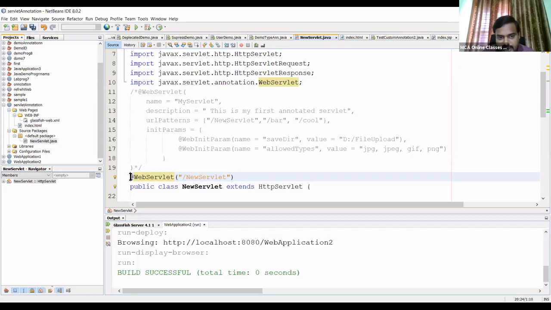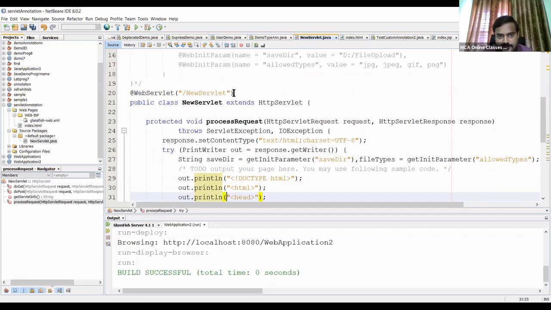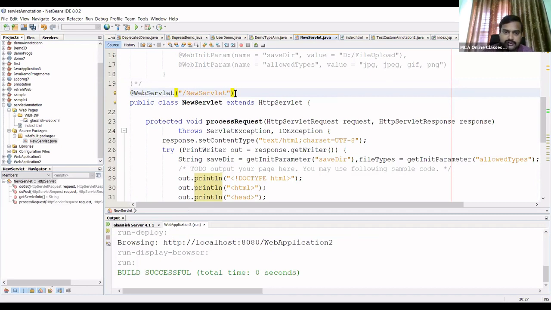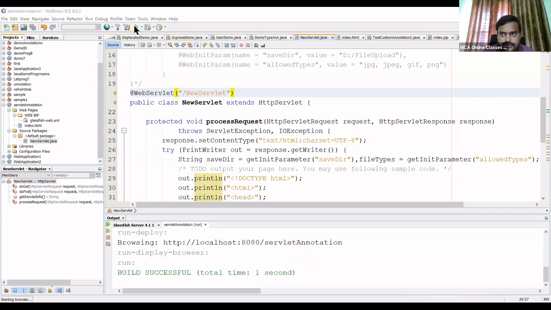This annotation is being applied to this particular servlet. Just before the servlet class, I'll put this. Now if you run this servlet, no problem, easily you can run.